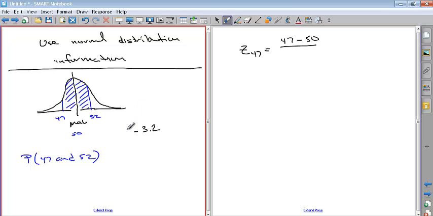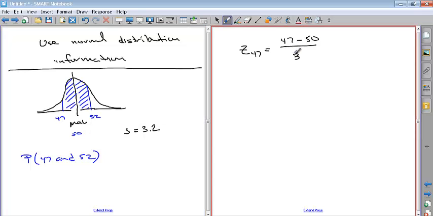So I would divide by 3.2, the standard deviation, and I'm going to get a z-score associated with that. 47 minus 50 divided by 3.2 gives me negative 0.94,